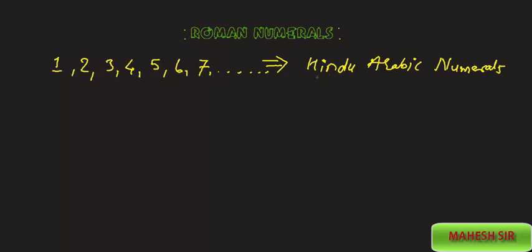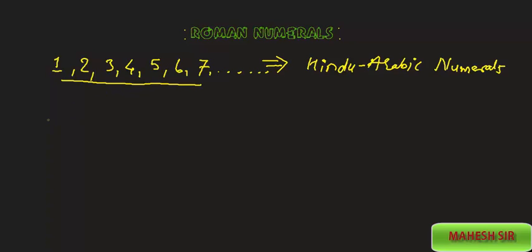numerals. Apart from the Hindu-Arabic numerals, we have lots of numeral systems, like Hindi, Bengali, Devanagari, Gujarati. So these are a few types of numeral systems. Today we will learn about the Roman numerals. Many years ago, Hindus and Arabs developed a number system called the Hindu-Arabic number system, and this one is the Hindu-Arabic numerals or number system.